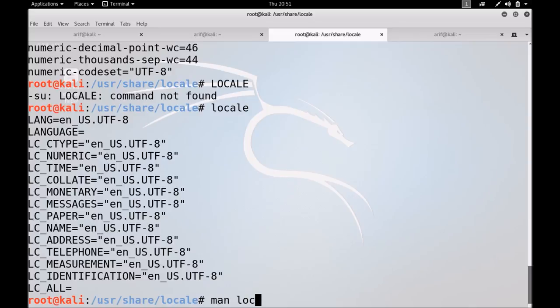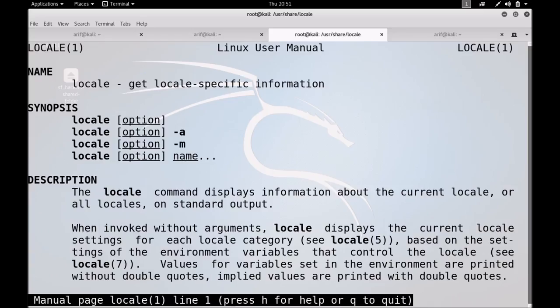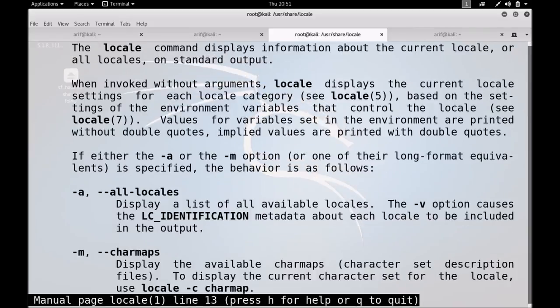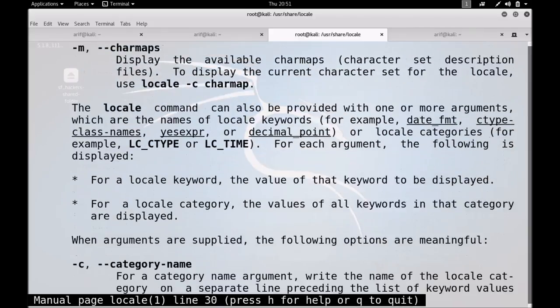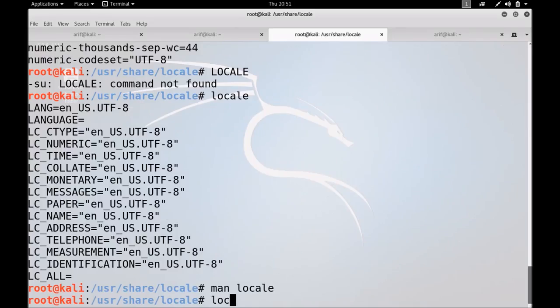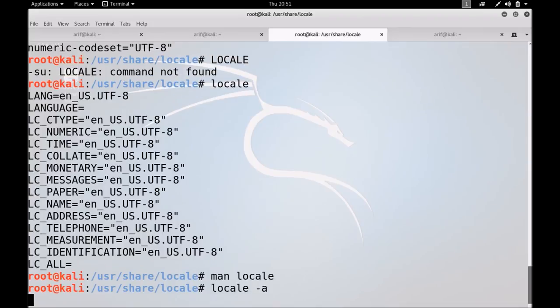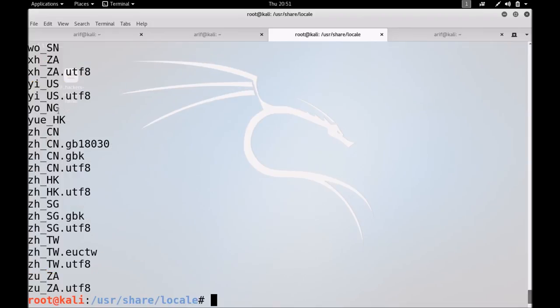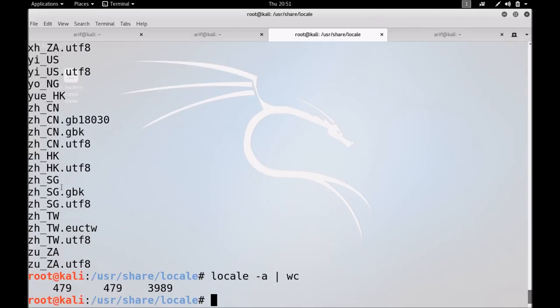Let me write man locale. So please go through this man page. It gives you a lot of information about locale. If I say locale -a, it shows you, let me do wc. It shows you that this system has support for about 479 different locales.